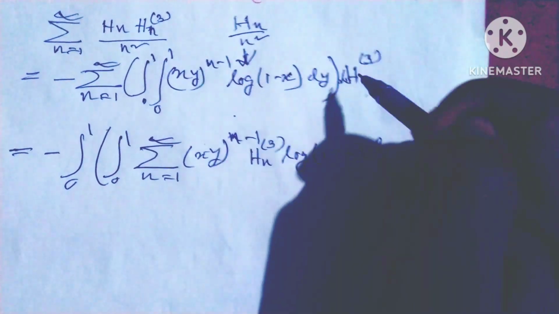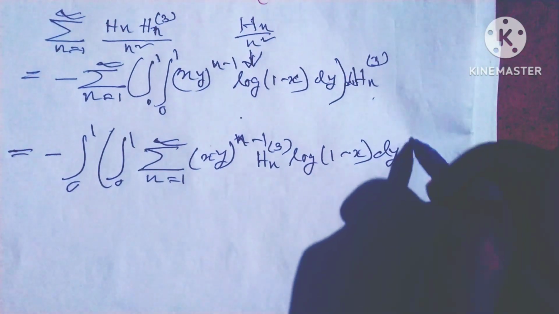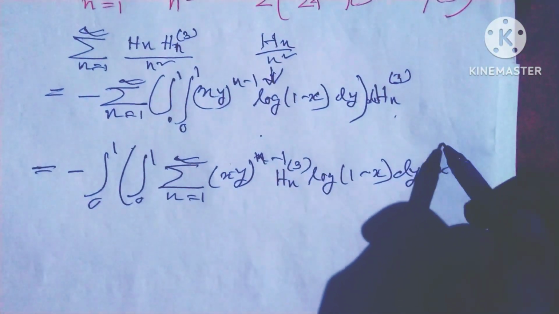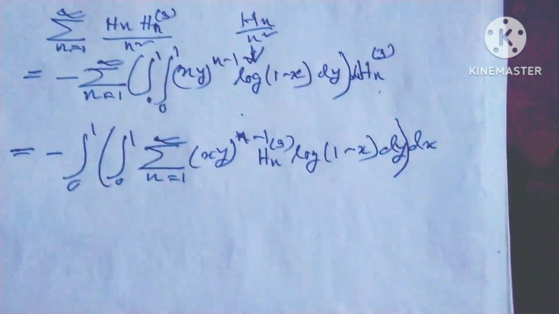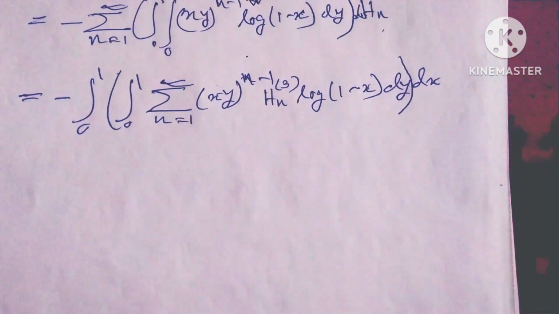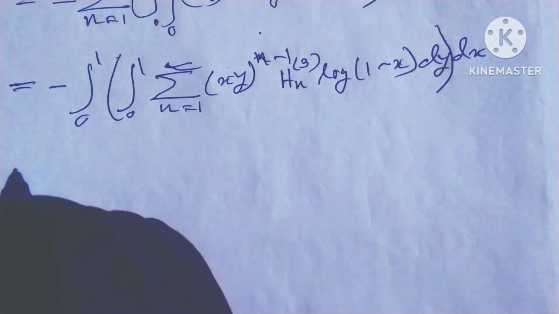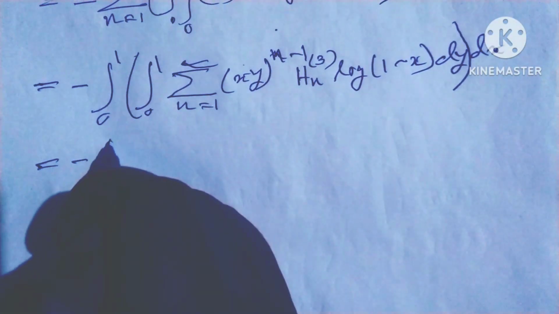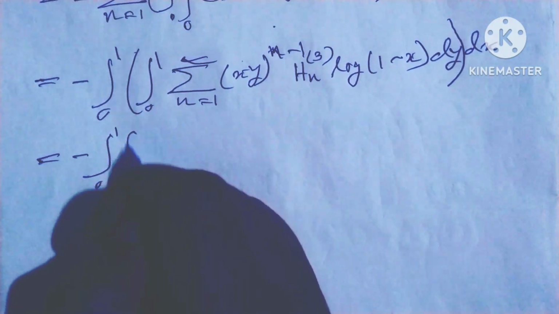There is also a variable dy times dx. I can write it this way, and after that I can write minus the integral from 0 to 1 and 0 to